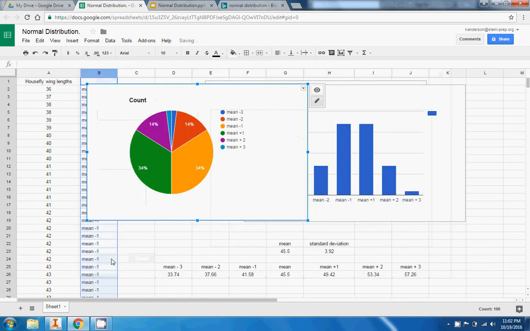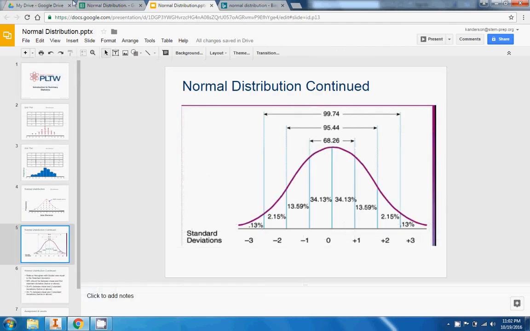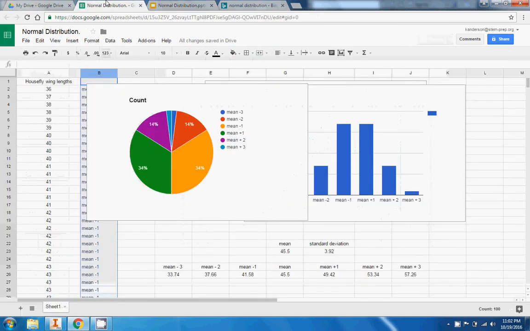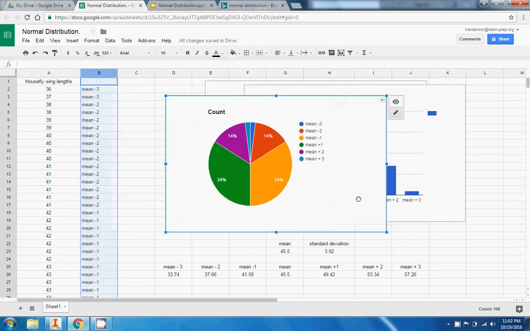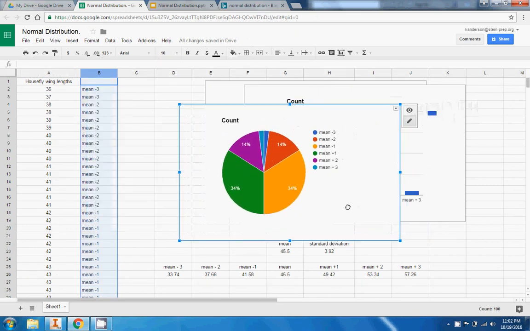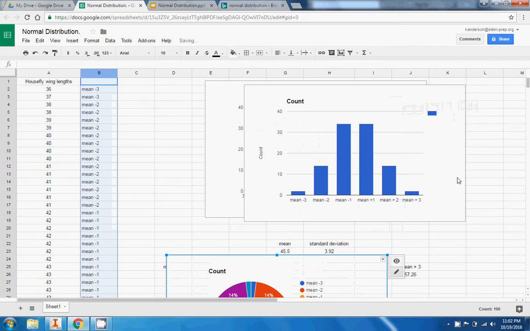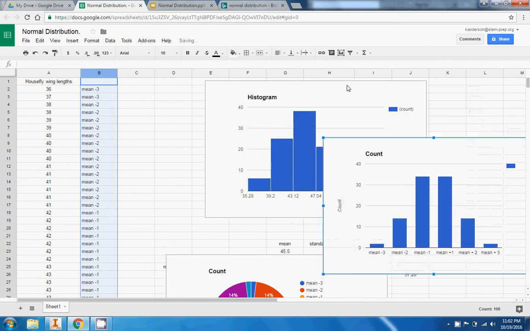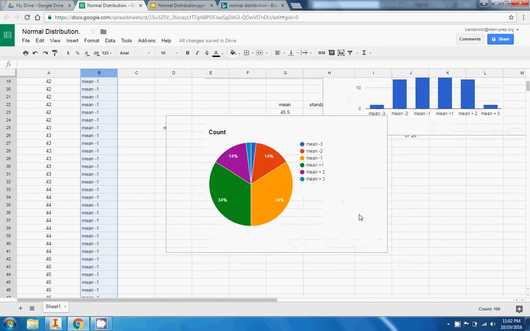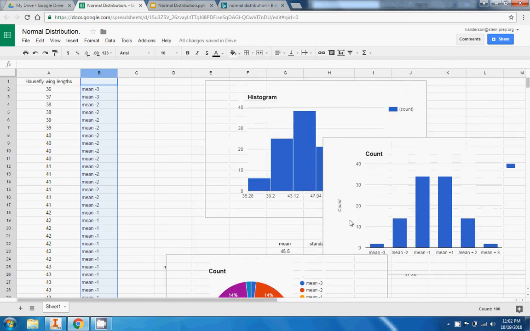All right, let's put one more thing in there. Insert chart. Let's put the pie chart in there. So there you can really see those percentages now, right? You got 34%. We got 34.13%. We got 14%. We got 13.59%. Can't really see this one. Be willing to bet it's probably 2%. So there you go. I think this would be pretty easy to say it's normally distributed,